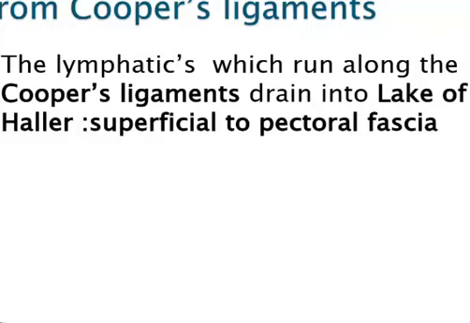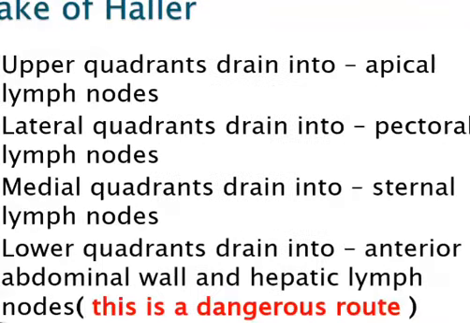Then the lymph from the Cooper's ligament. The lymphatics which run along the Cooper's ligaments drain into one lake called the lake of Haller, and this lake of Haller is superficial to the pectoral fascia. Then coming to drainage from the lake of Haller,